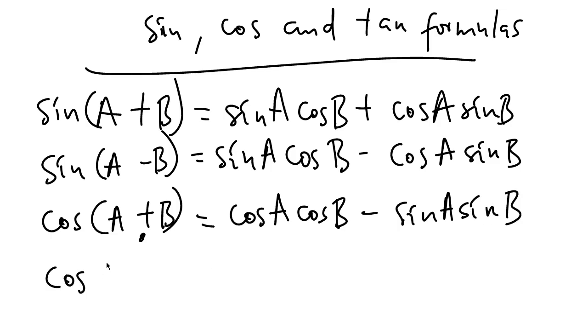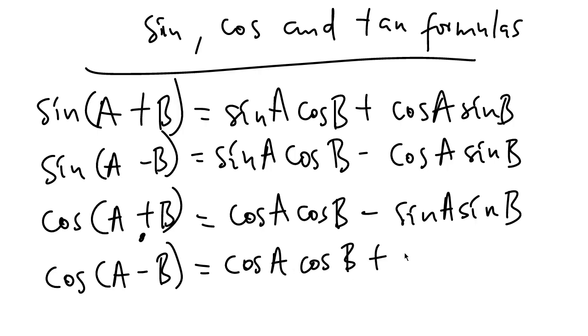And then for cos A minus B, the sign's going to change. It's going to be cos A cos B plus cos